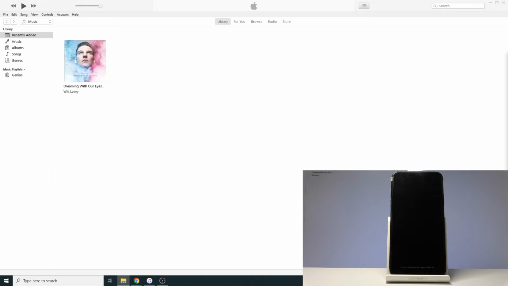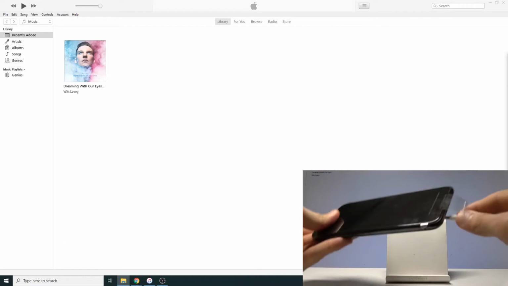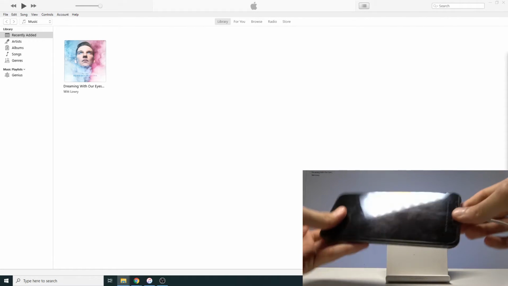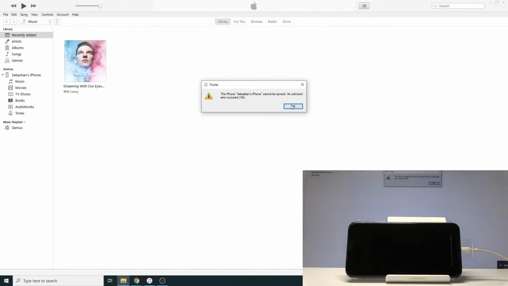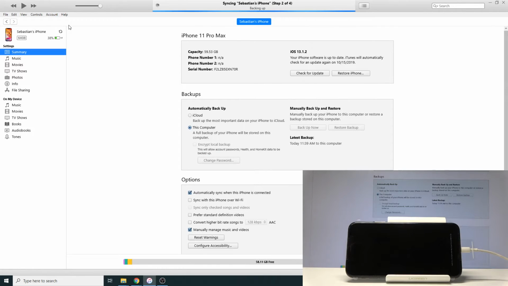And the second thing that we'll need is the cable that you use for charging. Plug it into the computer, and from there also connect it to your device. You'll see that it pops up on here, and just move this. So just tap on OK, and let's go to the phone itself by tapping on the icon,